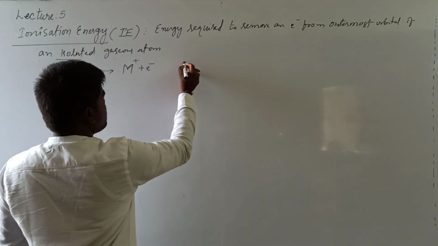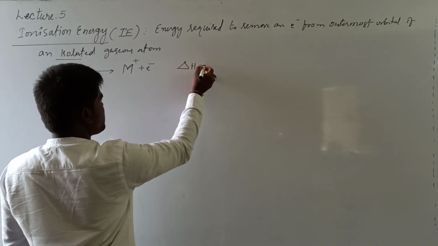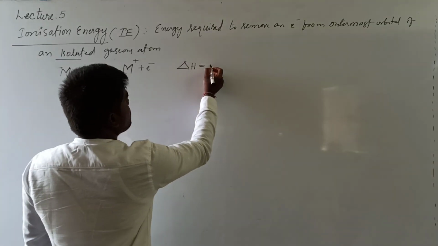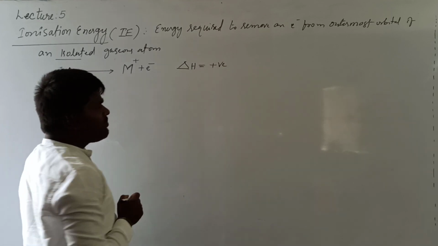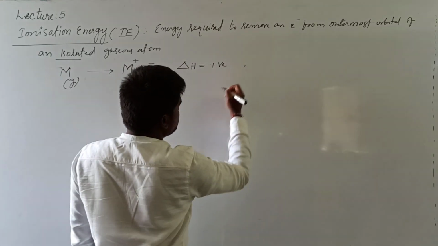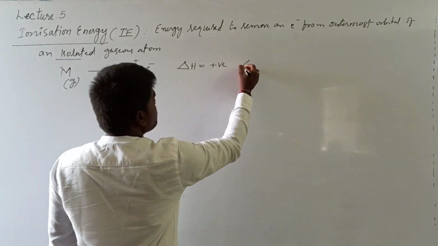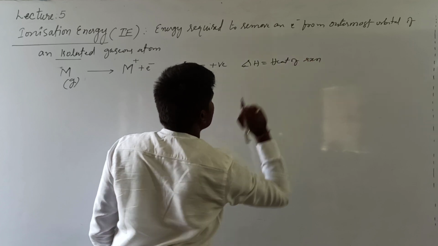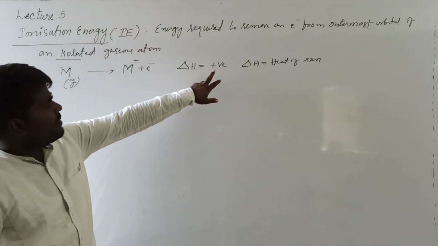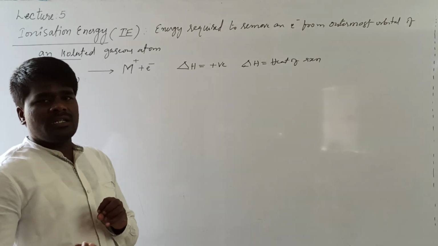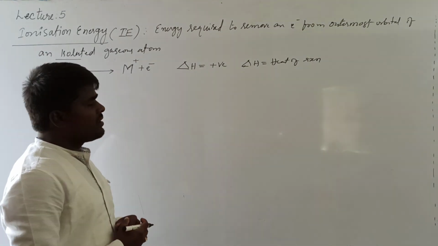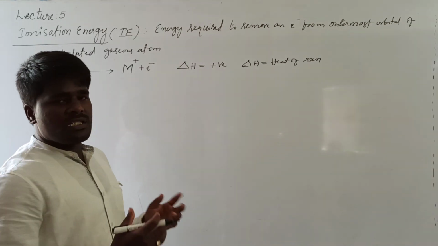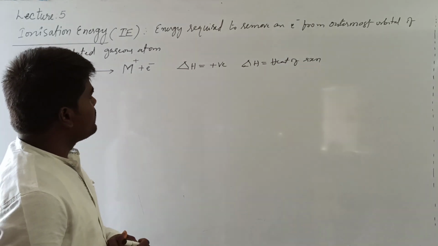Generally the heat changes of a reaction are represented with delta H. Here, as you are giving the energy, it will generally be positive. What is delta H? It is the heat of reaction. If delta H is positive, it indicates the absorption of energy in the process. If it is negative, it indicates the release of energy in the process. Energy will be given or taken in the form of heat.